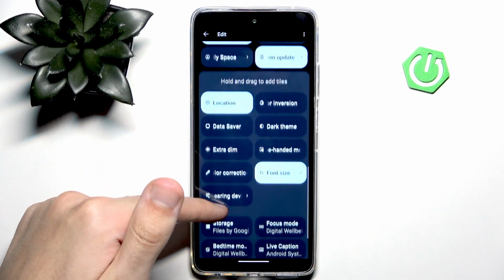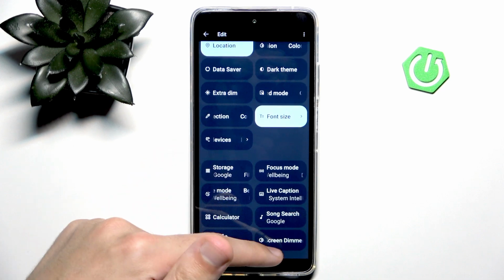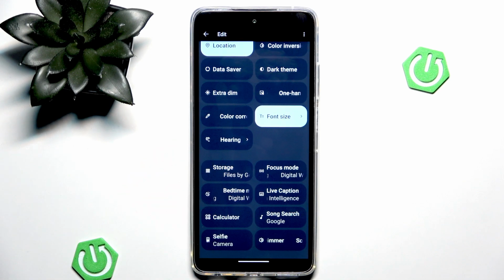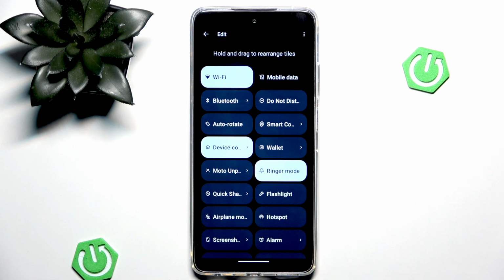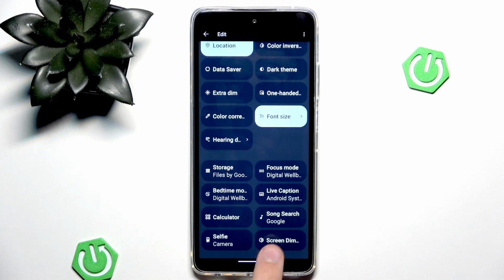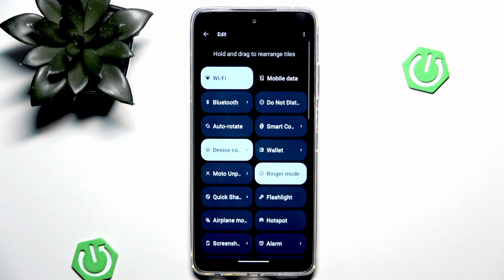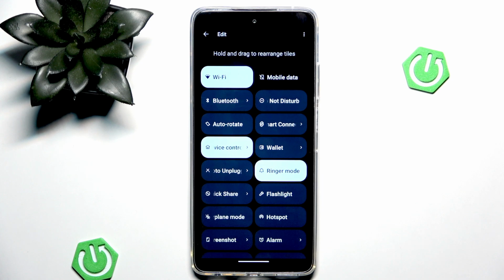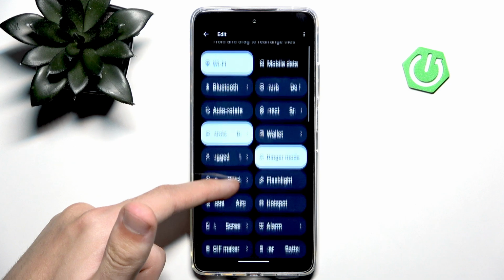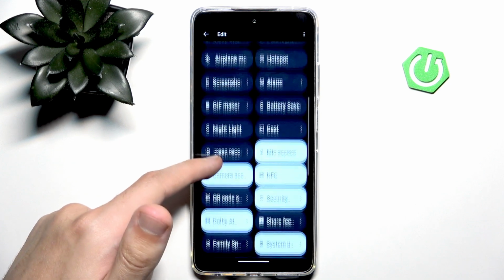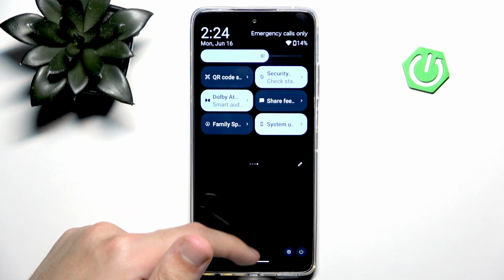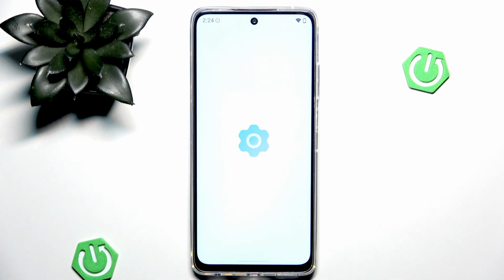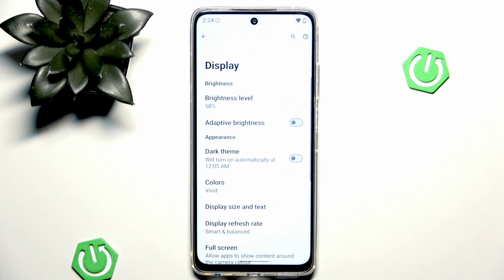So we can keep scrolling until we see, well, this is screen dimmer. Screen dimmer is a thing that automatically dims your screen, and it might fight with your auto brightness. So if you encounter any kind of issues, you want to make sure that your screen dimmer is off. But as you can see, we don't really have a shortcut for auto brightness, or I could be just clinically blind. But it doesn't matter because we can always get into the setting by going to settings, then display, and